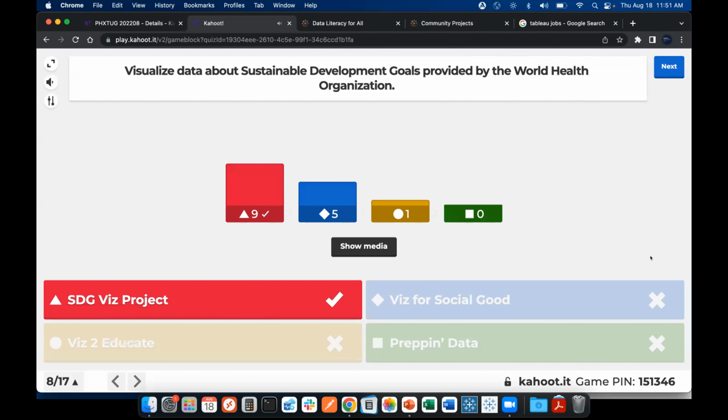So again, Viz for Social Good does some similar work with social programs, but the SDG project focuses entirely on the Sustainable Development Goals. So do check them out if that's something you want to participate with or get a little more understanding of. If this is your industry, it's a great resource for you to look at.